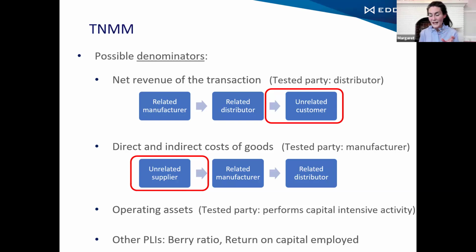But if you use that because there is a capital intensive process, I would be very sure to describe all the reasons why you think that. It could be the value of their equipment versus the number of employees.